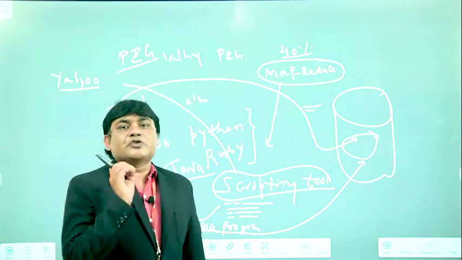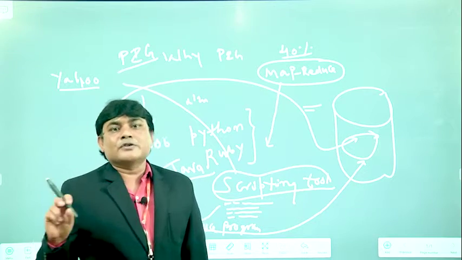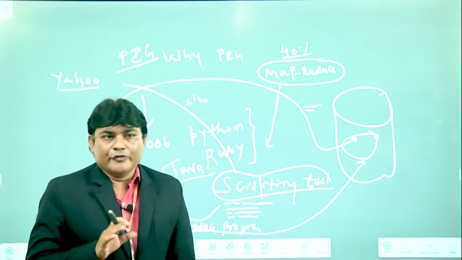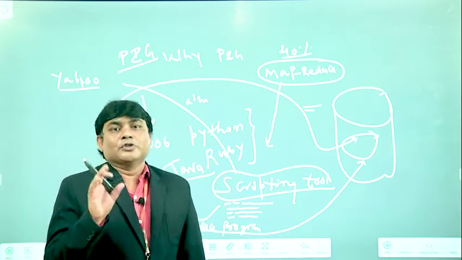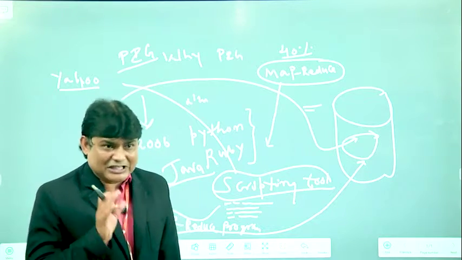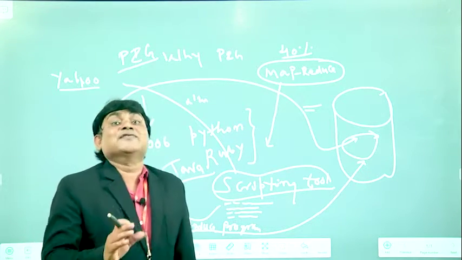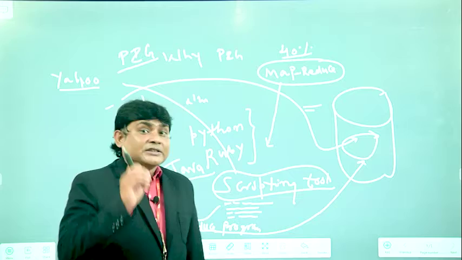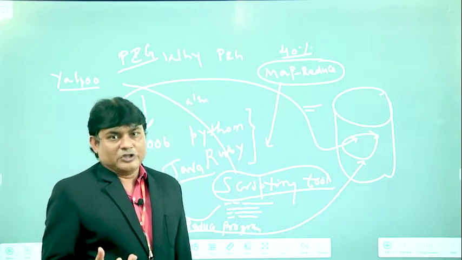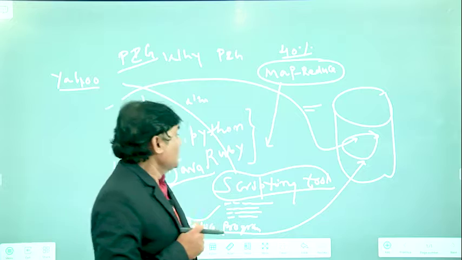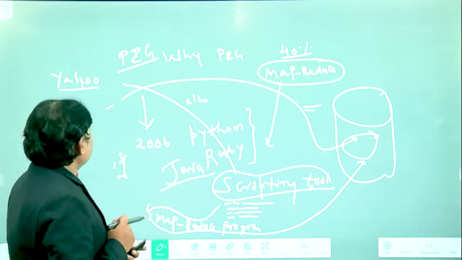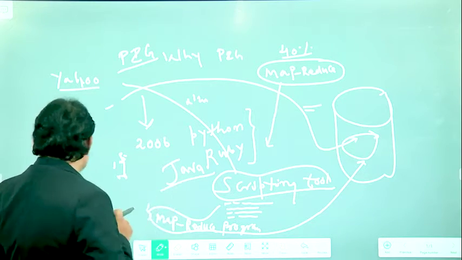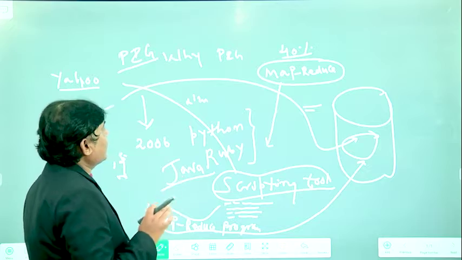A scripting language is totally optimized. With fewer lines of code, we can do great work. We can improve performance, get better results, and solve complex problems by using scripting languages. That's why scripting languages have become very famous. Now Python is very famous, because it is also a kind of scripting language. And keep in mind that scripting languages use interpreters. Now this is about the history of Hive. So we covered how Hive works and how Hive's history came into the picture.